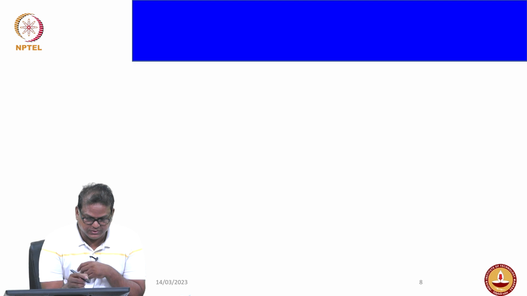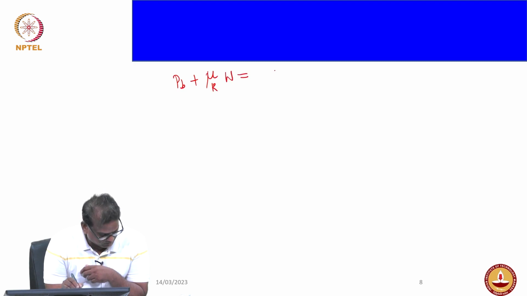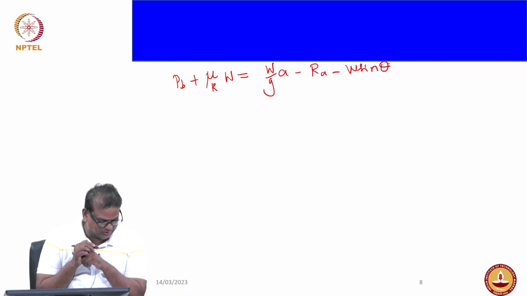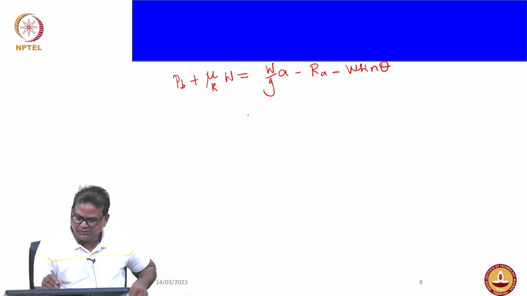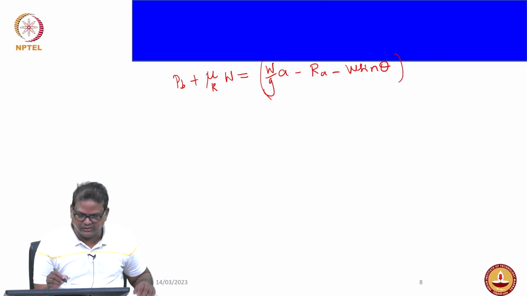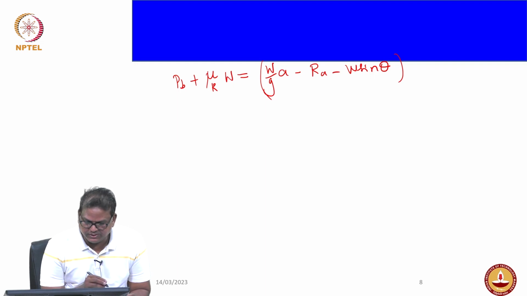When you take the braking force PB, mu R W must be equal to Wg by L minus Ra, minus W sin theta. We are talking about everything with respect to the equilibrium condition. We already know this term, Wg by L minus Ra minus W sin theta. So when you substitute in equation 1,